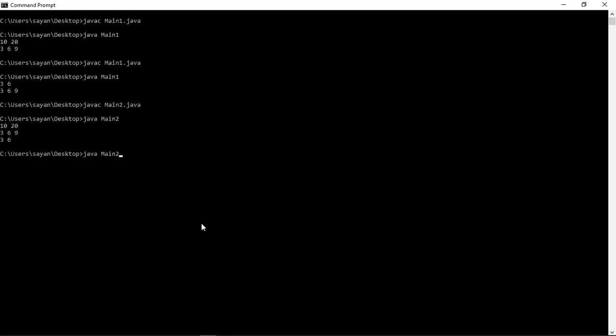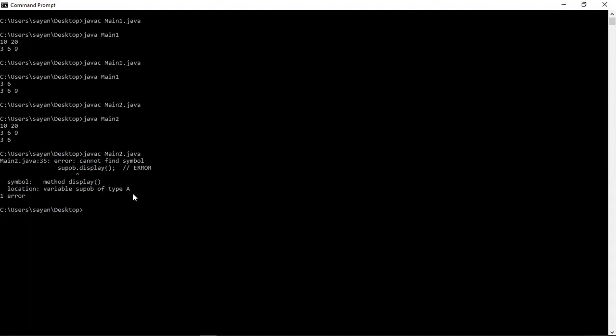So let me compile and execute the program again. So here it is. You can see that it says cannot find symbol, variable supob of type A. As I have just told, variable supob is a reference variable of class A. So using the class A reference variable, you can never access the subclass method, which is display.